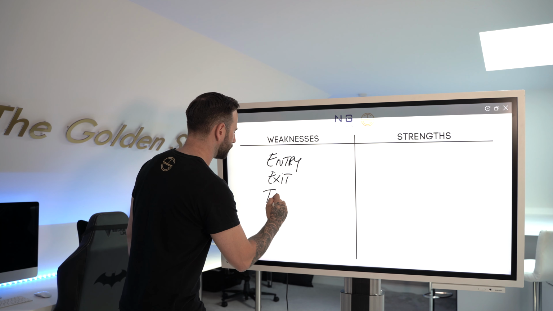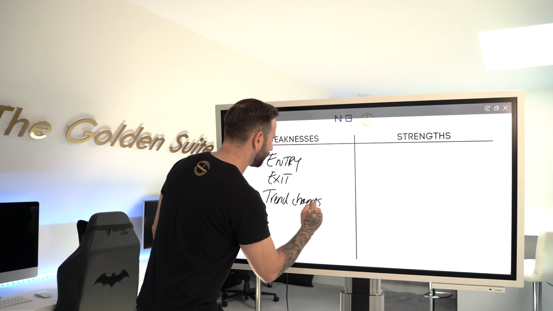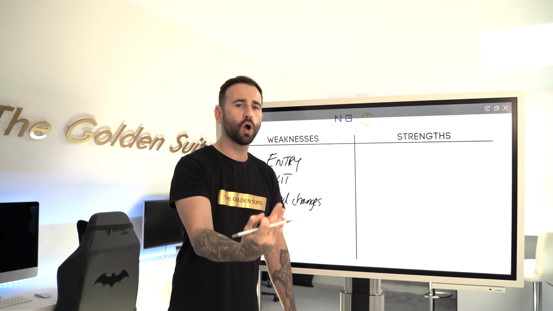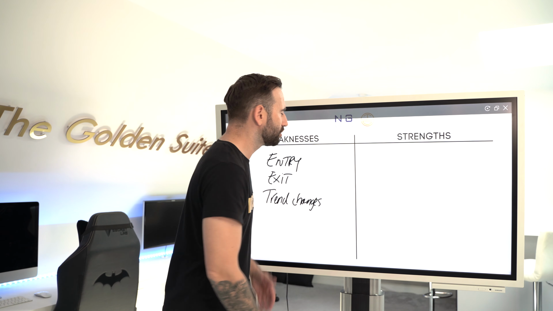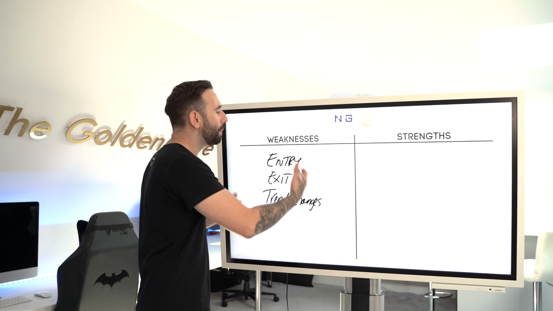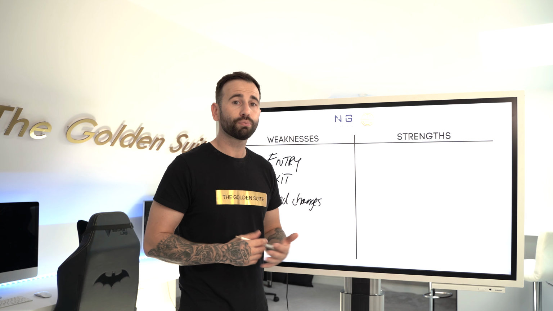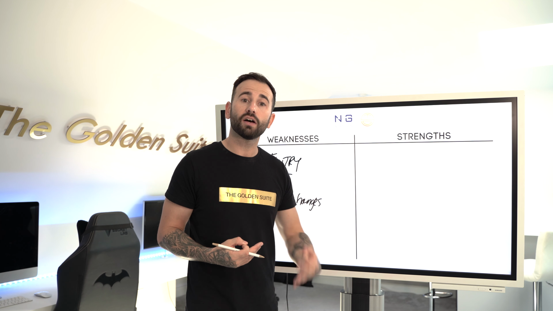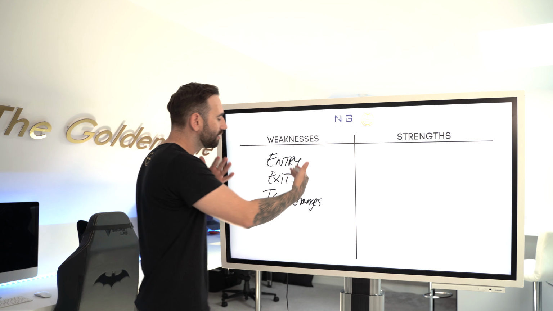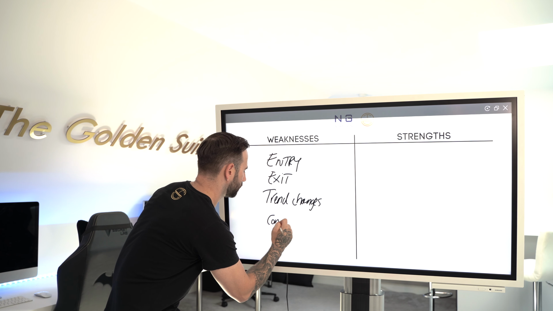Understanding trend changes, huge part of trading. You need to be able to understand the trend changes so then you can understand the flow of the market. These are some of the common weaknesses that people face on their trading journey. There's the more basic stuff, which is drawing trend lines, support and resistance, which a lot of people manage to master pretty well, because that is the easiest stuff to master. When you start getting into the extra level, another depth, even stacking confluences,